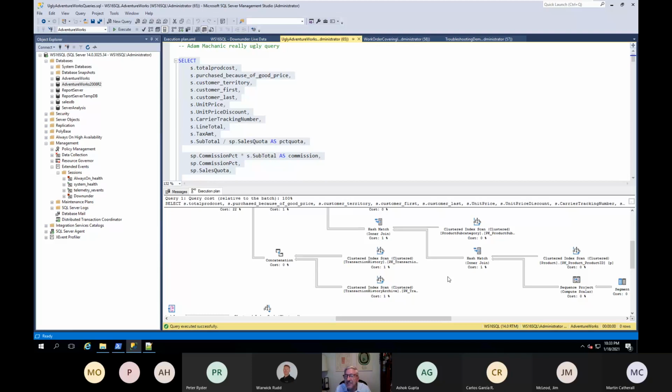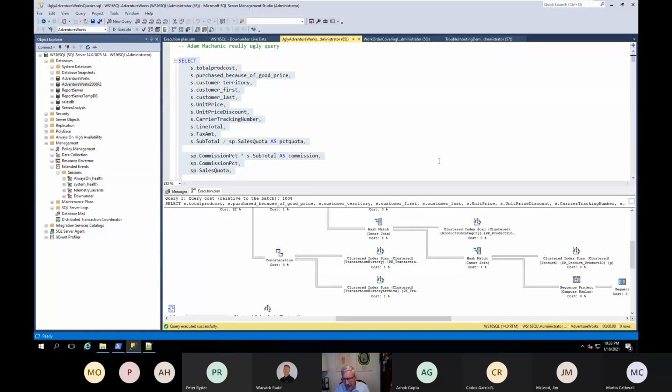Plus, he's got more advanced classes that you can purchase. So I highly recommend looking at Hugo's website. I think it's SQLServerFast.com, but it's on the resources slide at the end of the deck.